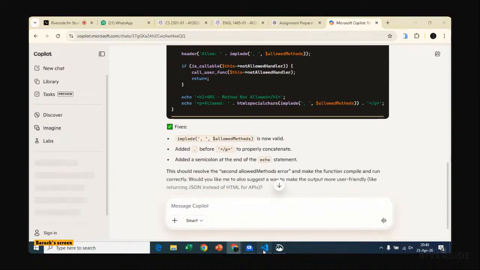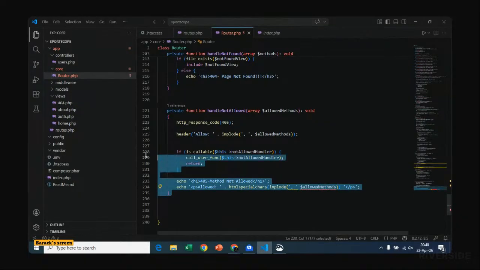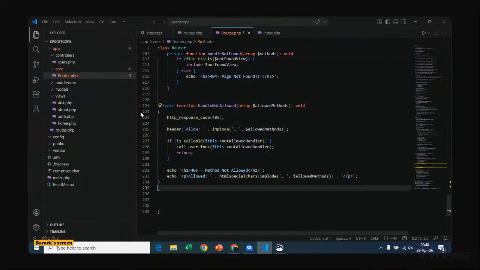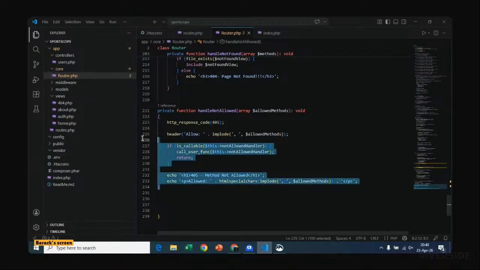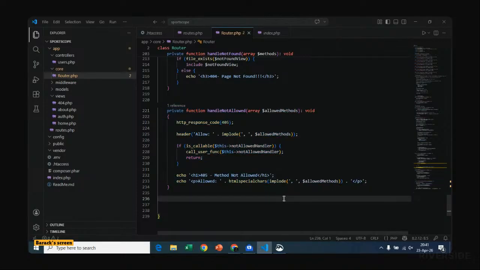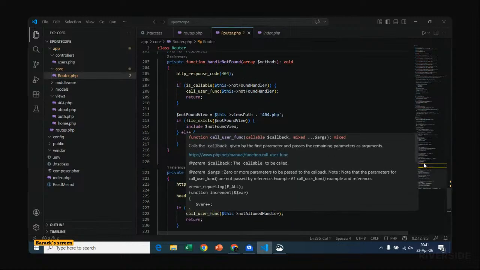Okay, so these minor errors are really very dangerous, and that really does the magic. So the only thing we have to do is to just move this to that position so that when we implode we get a comma, then outside here is a comma, then allowed methods gets to be had.